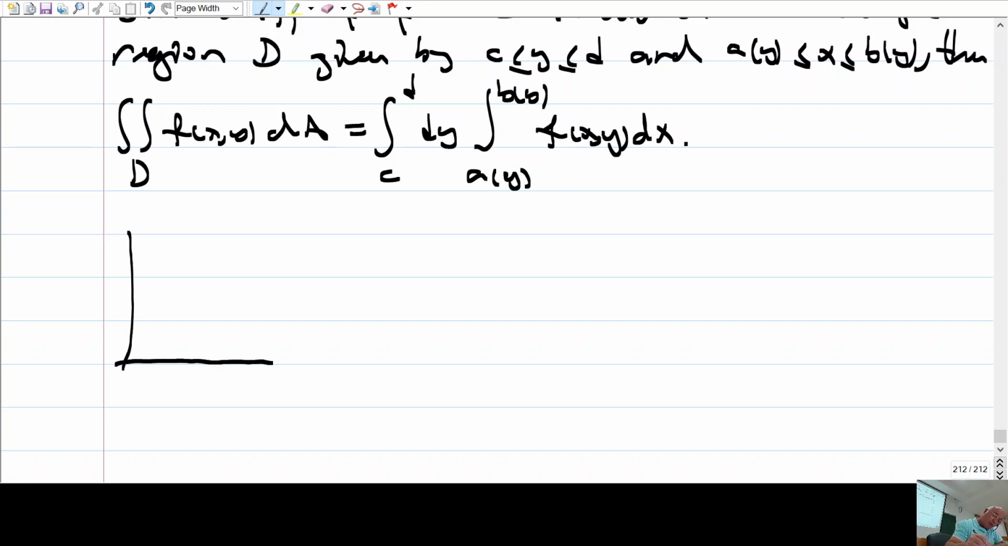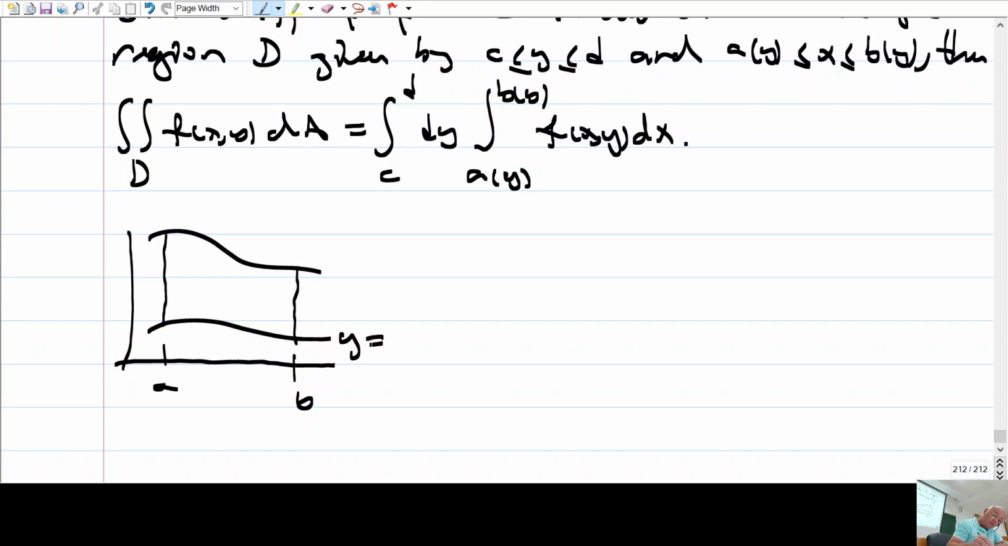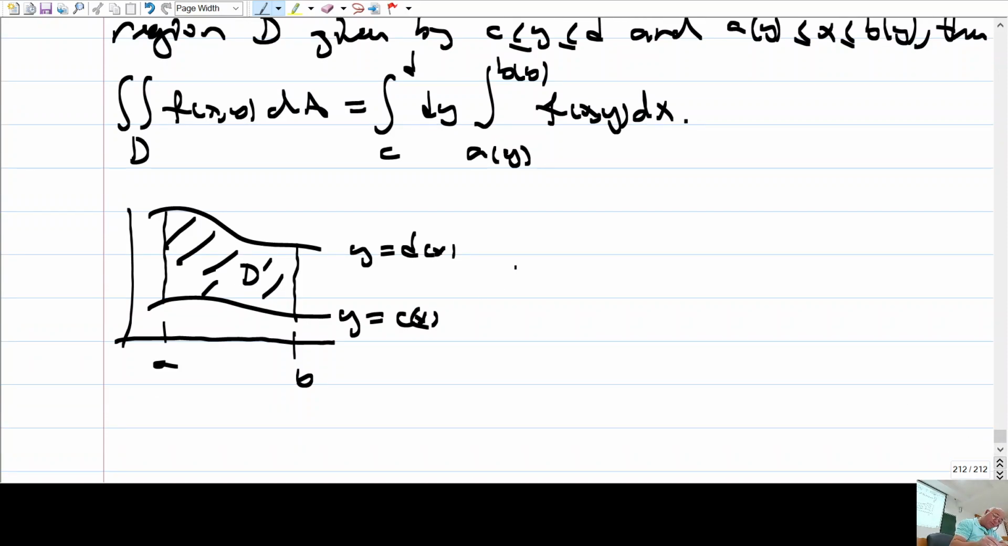First, let me talk about y simple region. So I have this a, b and I have our region here. So this is y equals c(x) and y equals d(x), and this is our region D. Okay. So the theorem is the following: if f is a nice function, like continuous, f(x,y)